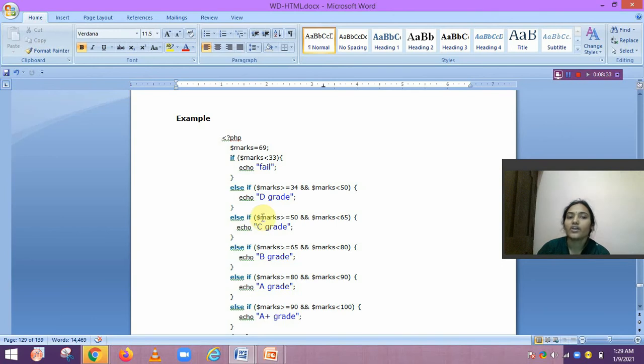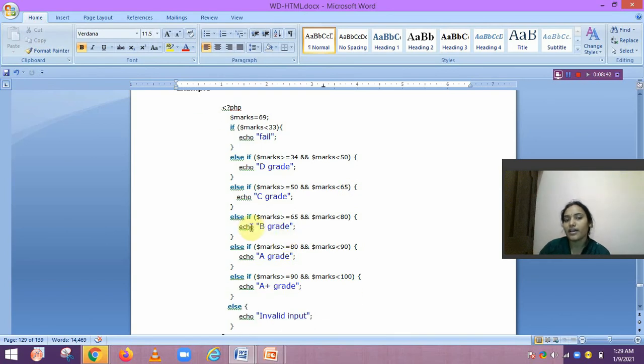Else if $marks is greater than or equal to 50 and $marks less than 65, then it will print C grade. Else if $marks is greater than or equal to 65 and $marks less than 80, then it will print B grade, or he will secure B grade. Else if $marks is greater than or equal to 80 and $marks less than 90, then it will print A grade.